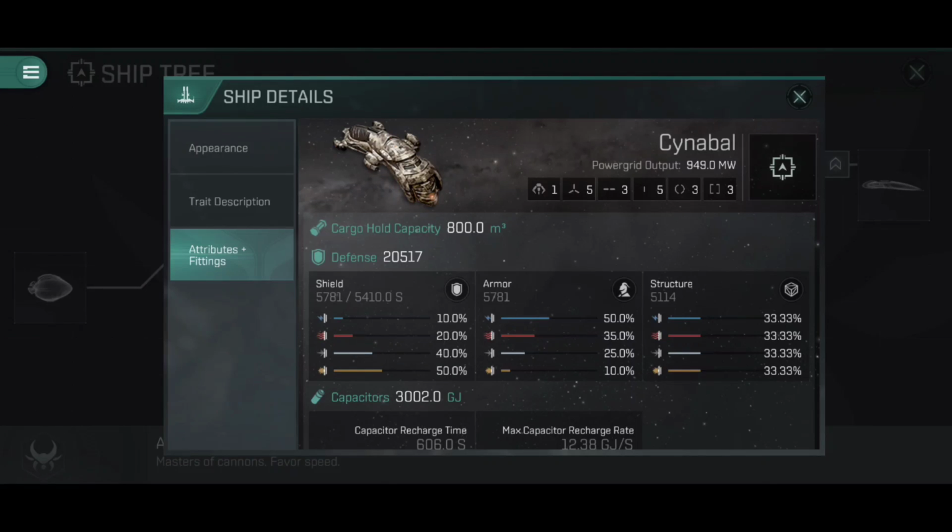Not quite enough to really start fitting oversized modules, nothing really seriously anyway, but it's possible, but it's not something we're really going to look at in case here of the Cynabal. It's more about that ability to deal with the strike cannons if you wanted to go for a Cynabal artillery, which everyone frowns upon, but is a perfectly viable build. Anyway, cargo hold 800 meters cubed, nice big cargo hold, good for picking up loot if you are mission running or going PvP and you just want to pick the bones of your target afterwards, and defense is nice and tanky,